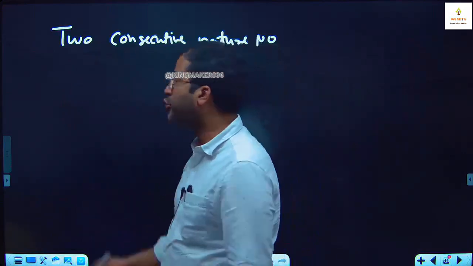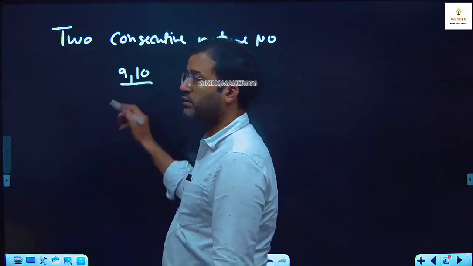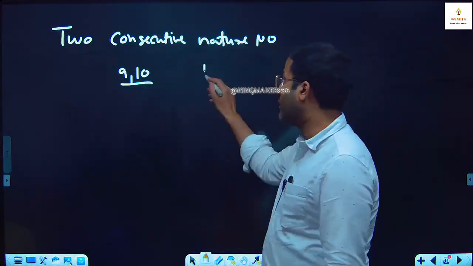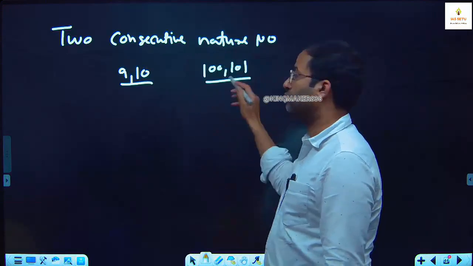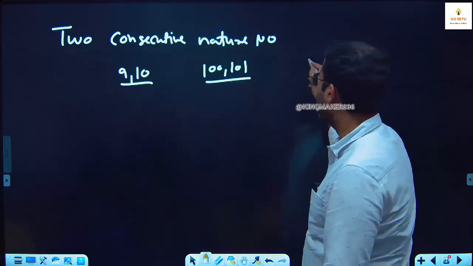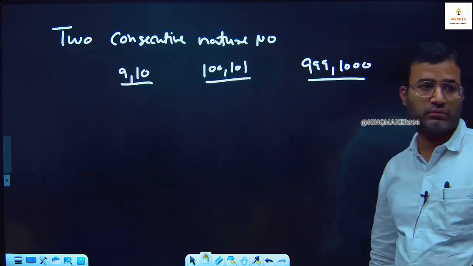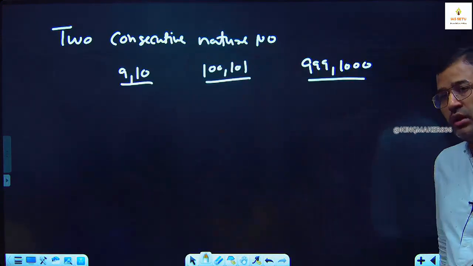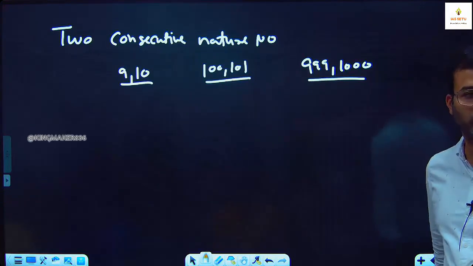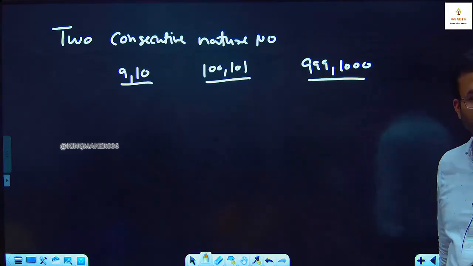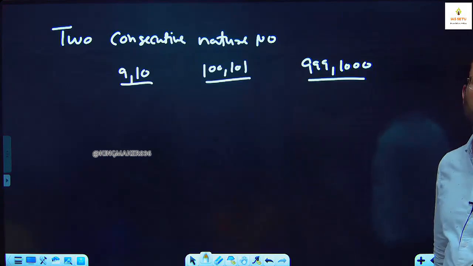You take any two consecutive natural numbers, 9 and 10, 100 and 101, ठीक है, 999 and 1000, डोंट हैव डाउट, नो नीड टू चेक। अपने बूढ़े लोग पहले ही चेक कर चुके हैं, हमें विरासत में देके गए हैं, ठीक है, तो दोबारा कमाने की जरूरत नहीं है इसको।